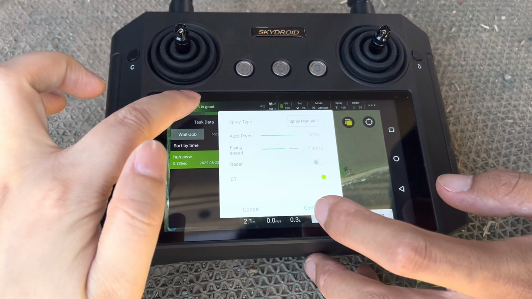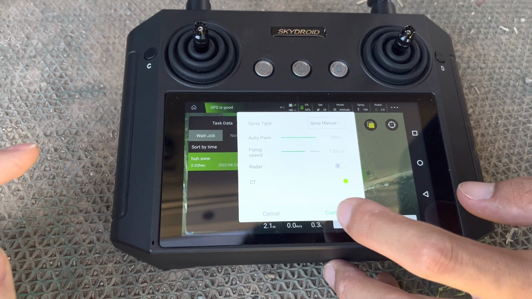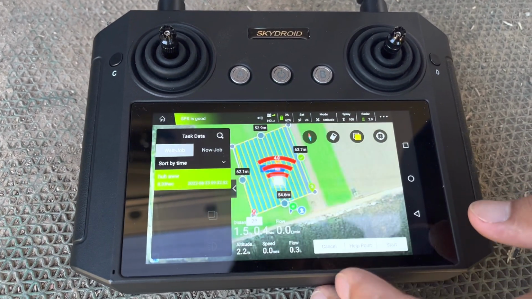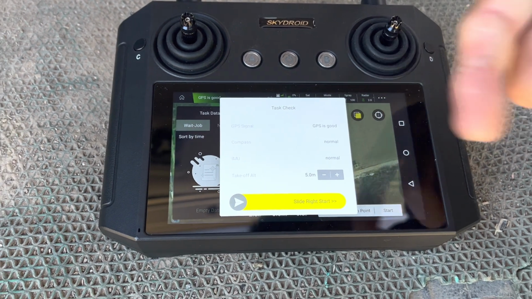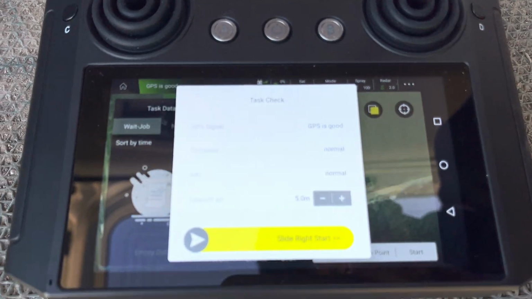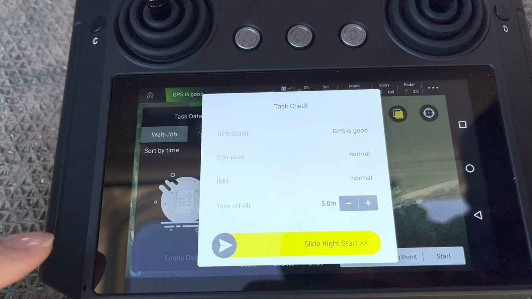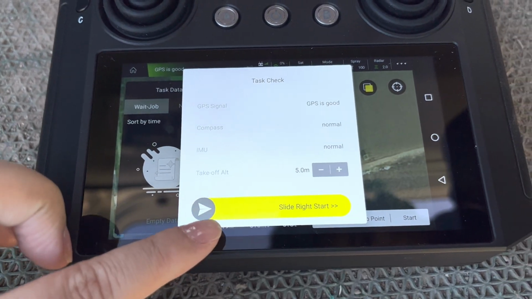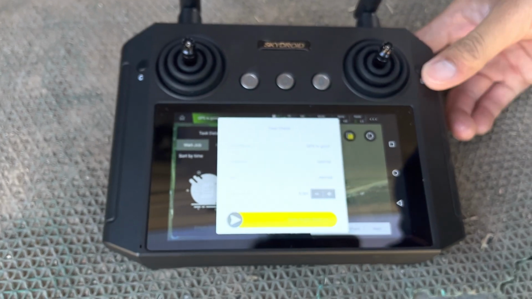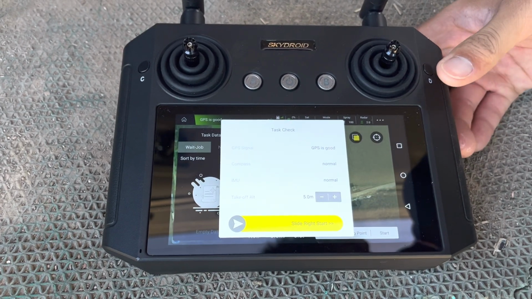你不 check 一下这个 GPS good 了？没到那时候。哦。Confirm. Upload the mission. 它现在是都会显示的，GPS 磁碟盘什么的都是正常的。Check everything is normal. GPS is good. Then you can slide. Slide 吧。开始啊。起飞吗？